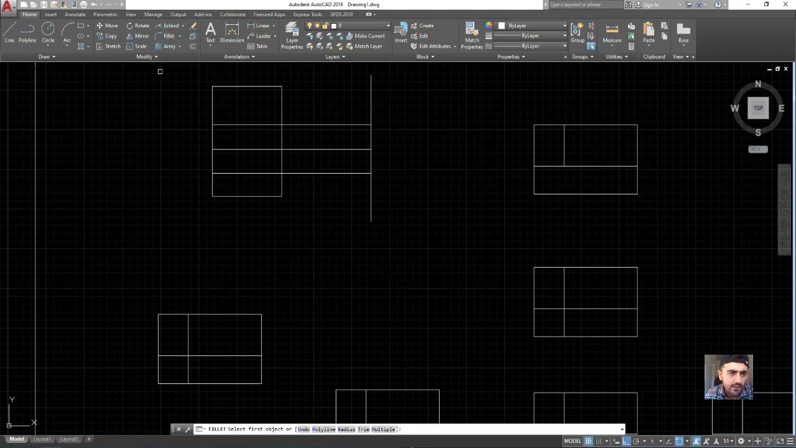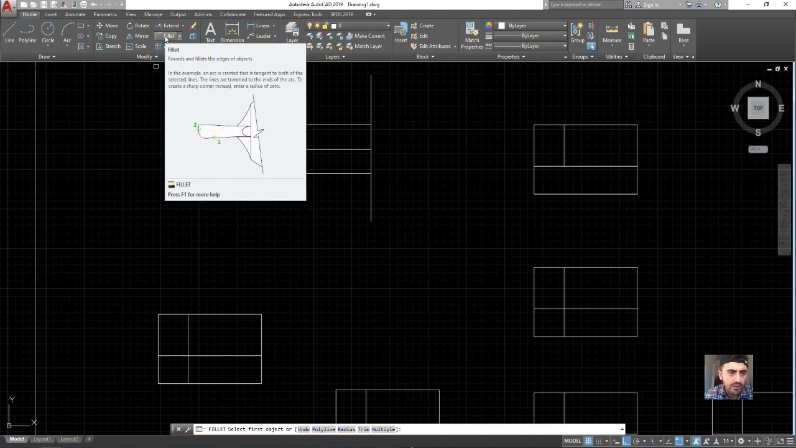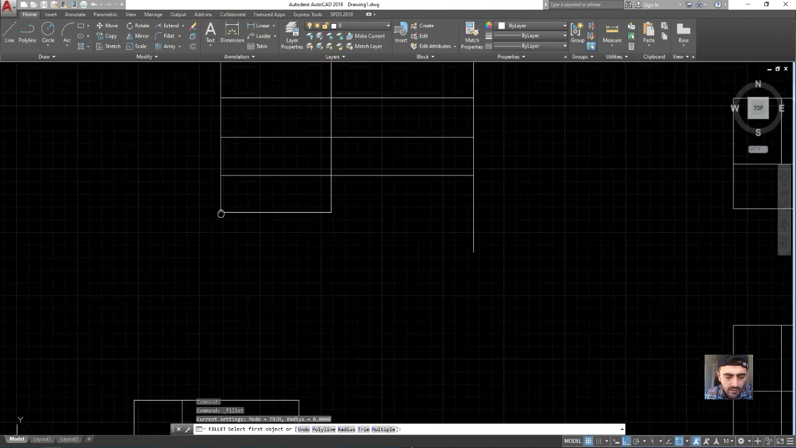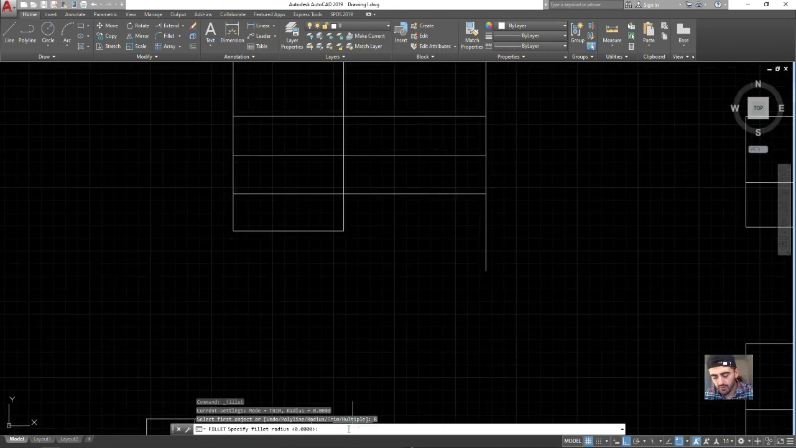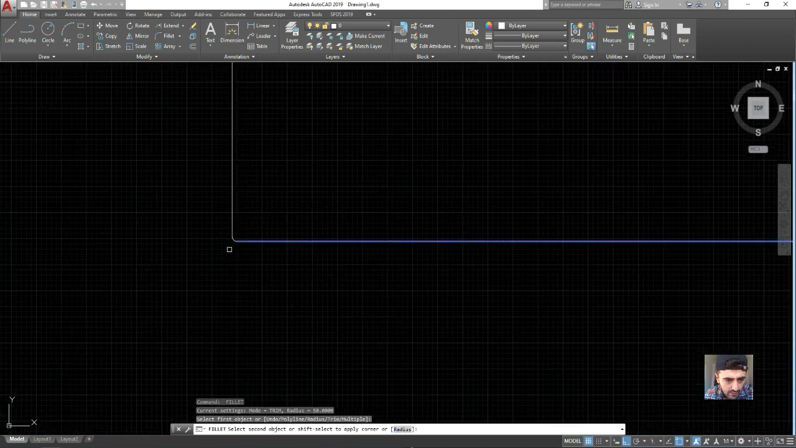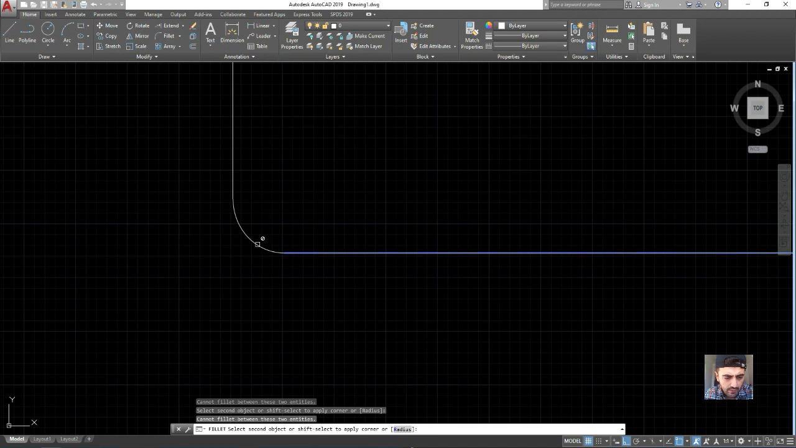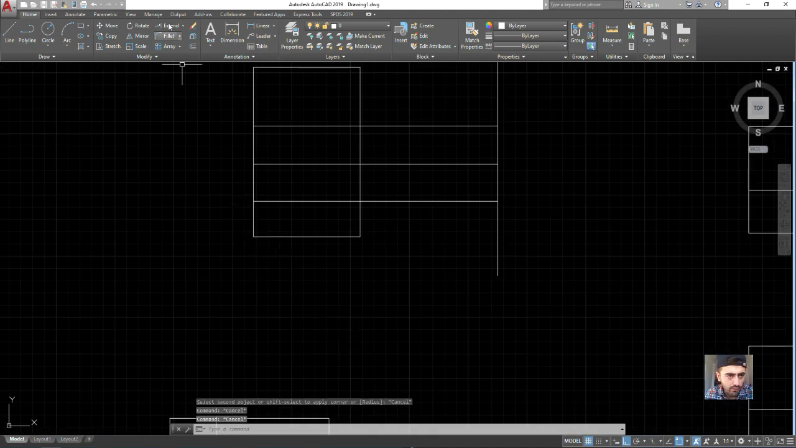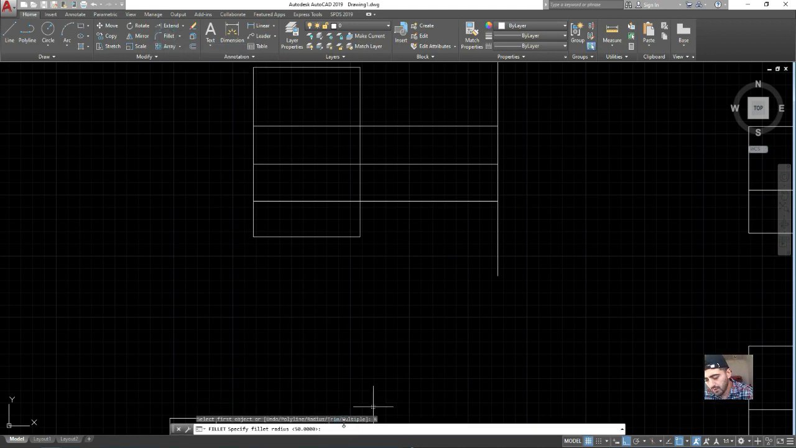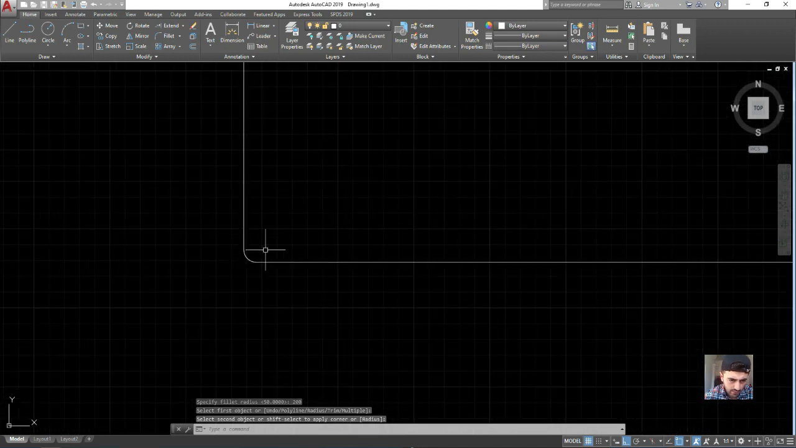The next one is fillet. Click fillet. What's fillet? Fillet rounds and fillets the edges of an object. Click fillet and write in radius some 50, for example. Click here and click here. You can see the radius 50. If you want to make it bigger, you can use fillet and write radius 200. Click on this side and this side. You can see the radius. Here is the fillet